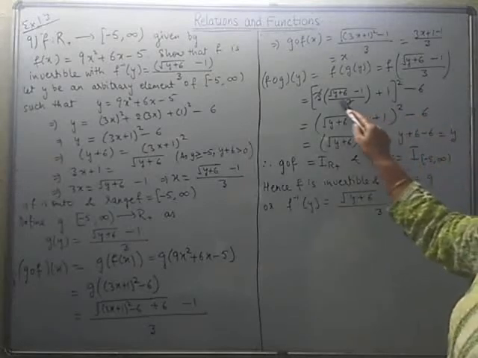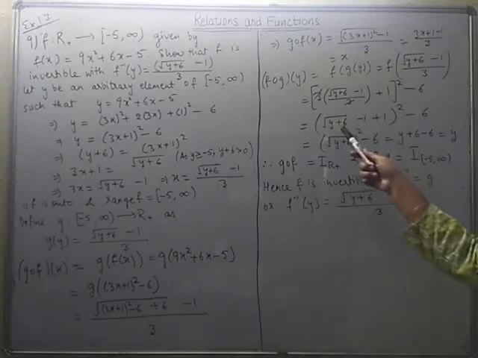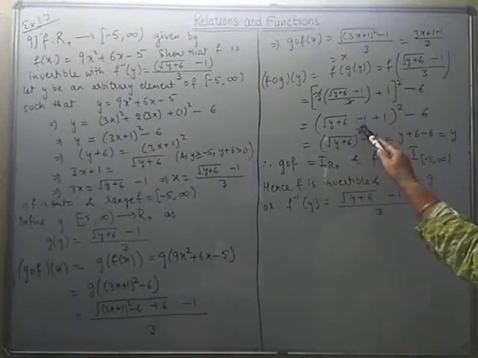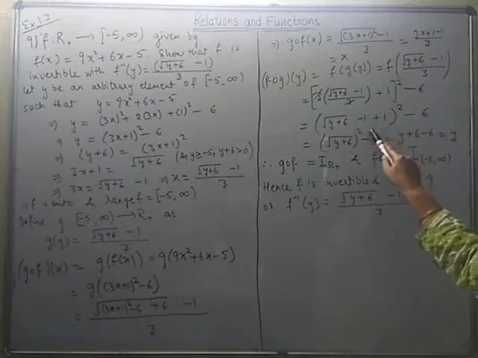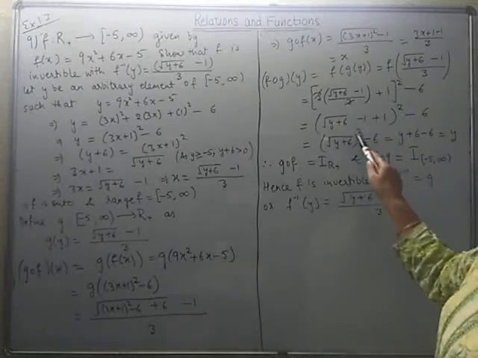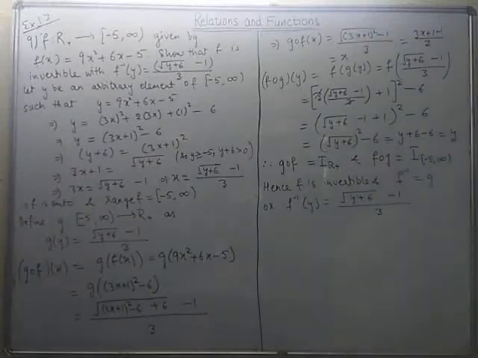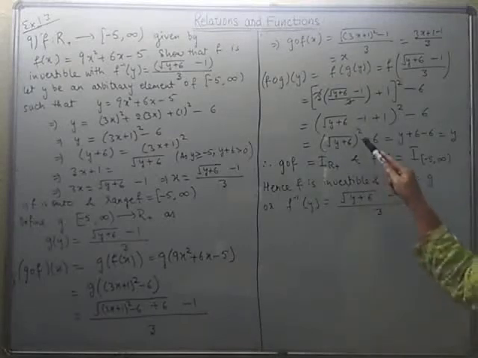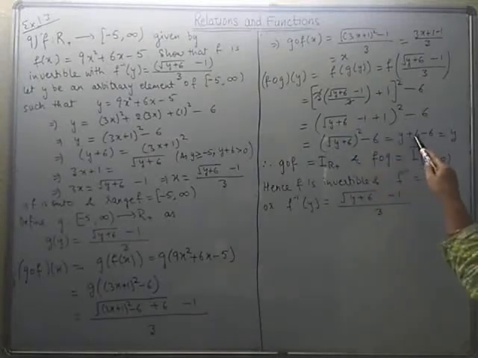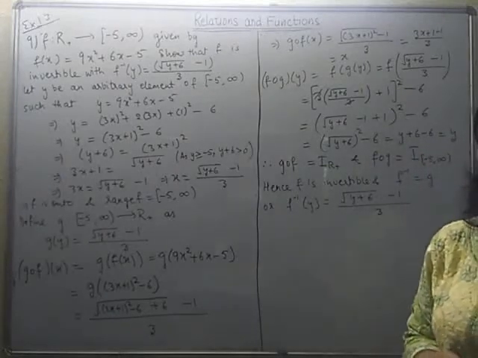Now when we simplify it, 3 and 3 get cancelled out, and we are left with square root of y plus 6 minus 1 plus 1 whole square and then minus 6. Plus 1 minus 1 we can cancel out, and this is square root of y plus 6 and then square of the expression. So we are taking square root as well as square. That leaves it to y plus 6 only, and then we have minus 6 as well. So after simplification, you can see it is reduced to y.